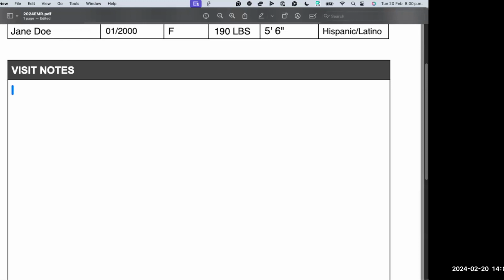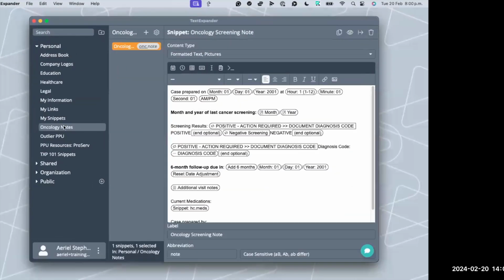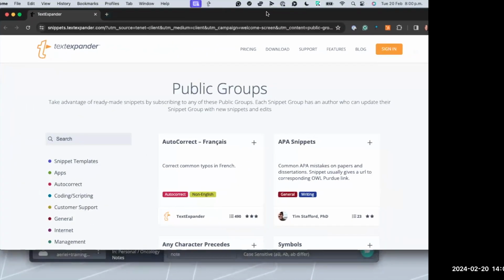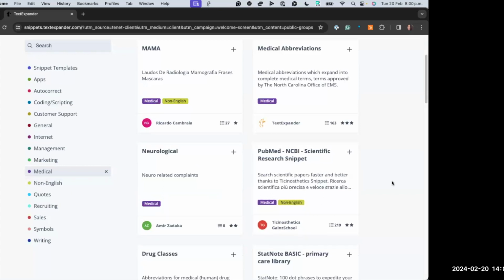And yeah, basically, I think those are most of the features. We're about at time, but if anyone has an extra minute, don't forget to also peruse public groups. You can access them by going to snippets.textexpander.com or clicking on this plus icon here, and it'll take you to our webpage. Particularly for you all today, I encourage you to come to this medical tab on the public groups page. There is a lot of great stuff here. And if you aren't familiar, a public group is essentially a group that someone else that you likely don't know or work with has created and published for people in their industry to benefit from, or just people in general. So these are free game. Go there and see if there's anything you like.